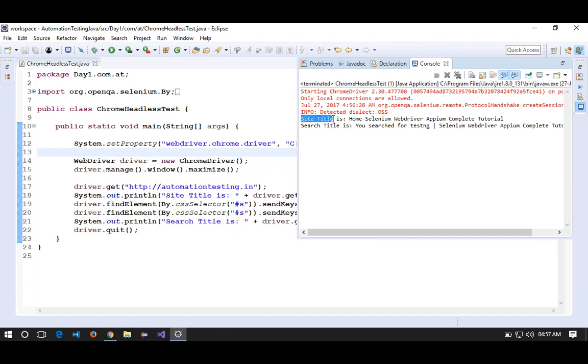See, the site title is Home Selenium WebDriver APM complete tutorial, and the search title is You searched for testng.